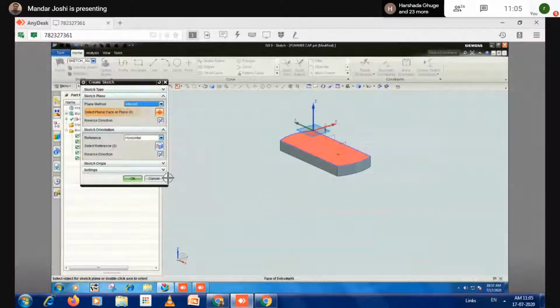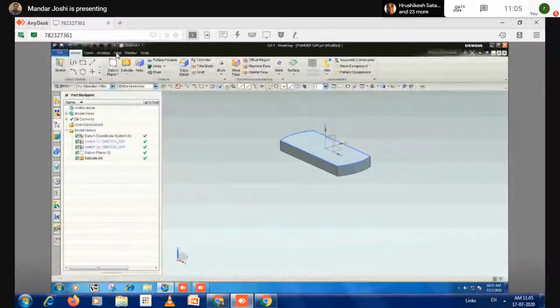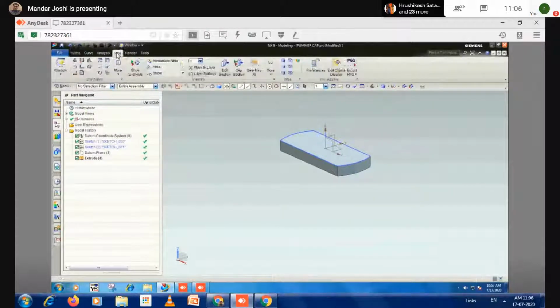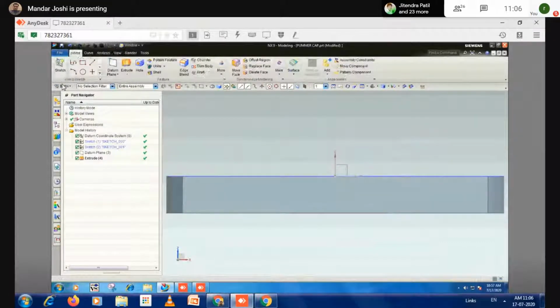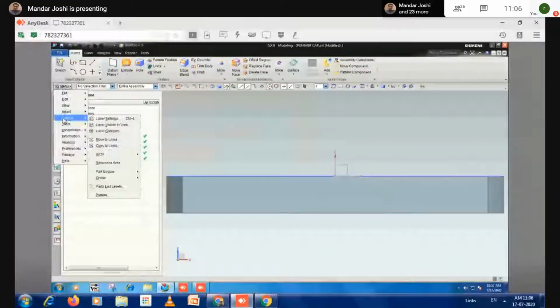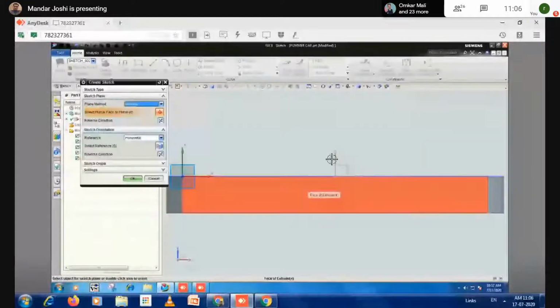If you have confusion about which one is front, then the method is to go to the view, then use this button, front view. Now front view is oriented here. After that, go to the home menu, insert, sketch in task environment, and now you select this plane and then click on OK.